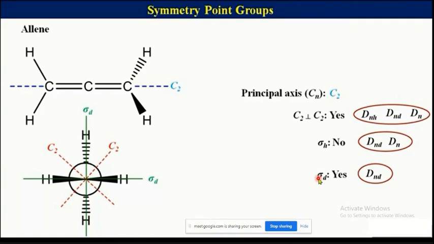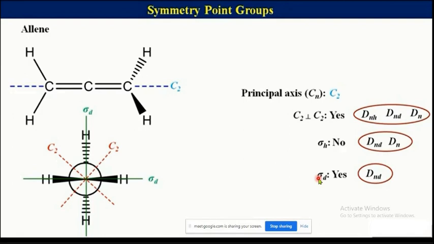जब आपके पास C2 एक्सिस दो है, दो मतलब two different type of C2 axes are present, then I am telling you the probability of sigma D will be higher. सिग्मा वी भी होगा, दैट इज अनदर स्टोरी, बट सिग्मा डी होने के लिए एक बेसिक कंडीशन है जो मैंने कंक्लूड की कि टू टाइप ऑफ C2s आर देयर एंड इन दैट केस बोथ C2 शुड हैव अ 90 डिग्री ओरिएंटेशन एंड देन टू जस्ट थिंक वेदर सिग्मा डी इज प्रेजेंट. तो वो कैसे होगा, जहां पर दोनों C2 एक दूसरे को काट रहे हैं ना, उस प्लेन के डायगोनली एक प्लेन पास करिए और फिर इमेजिन करिए दोनों मॉलिक्यूल डिवाइड हो रहे हैं कि नहीं। जस्ट टू मेक इट सिंप्लीफाई, आई एम टेलिंग यू इन व्हाट वे यू शुड विजुअलाइज द सिग्मा डी, बिकॉज सिग्मा डी इज डिफिकल्ट। सिग्मा एच समझ में आता है, सिग्मा वी भी समझ में आता है, बट सिग्मा डी नहीं समझ में आता।